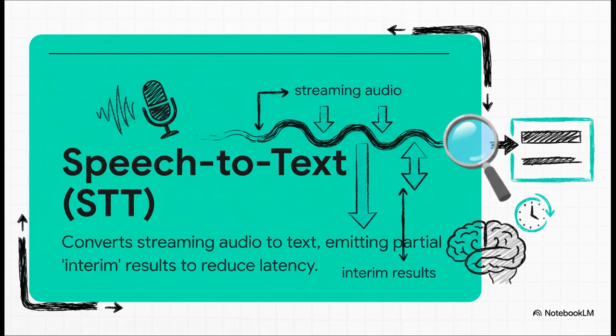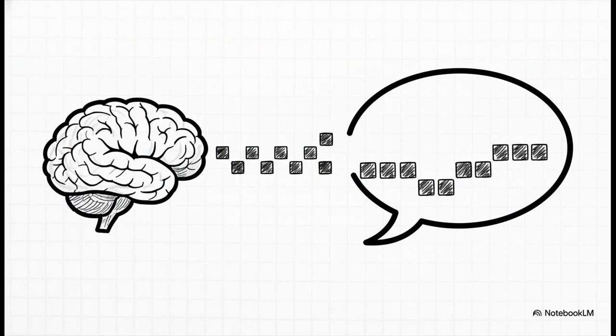Pretty cool, right? And that brings us to the large language model. This is where the agent taps into its massive knowledge base of, well, everything to figure out what to say. But here's the other trick for speed. It doesn't create the whole response at once. It generates it token by token. This means the system can start speaking back to you almost as soon as the first few words of its